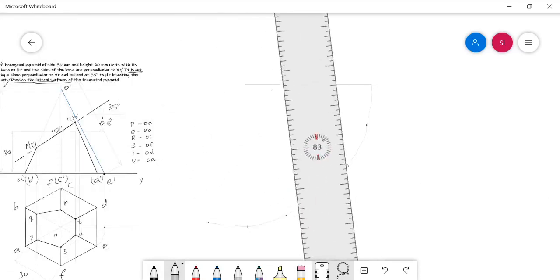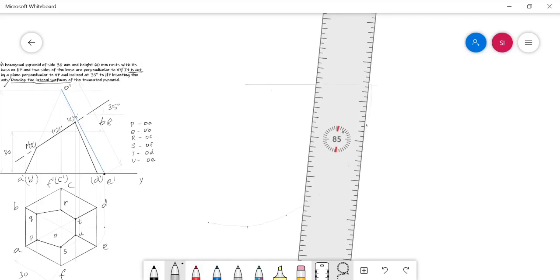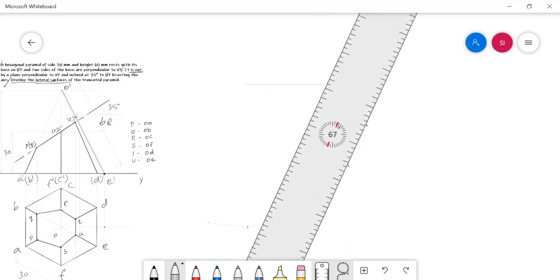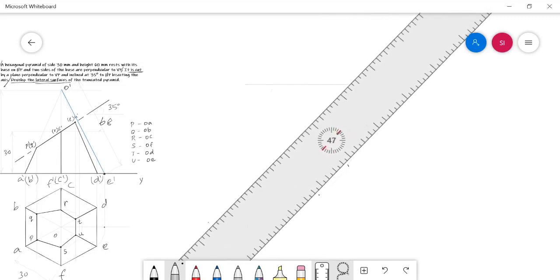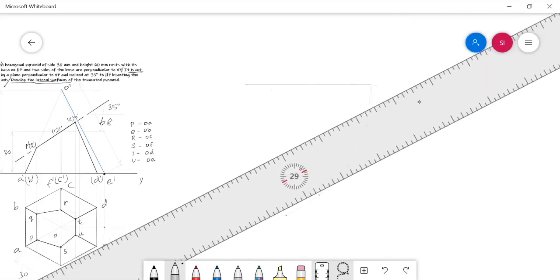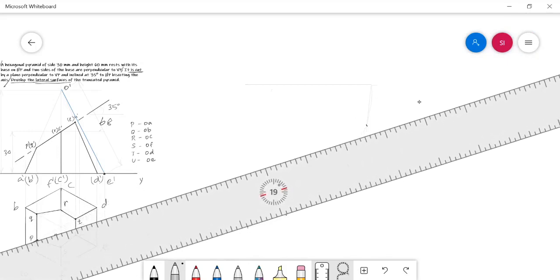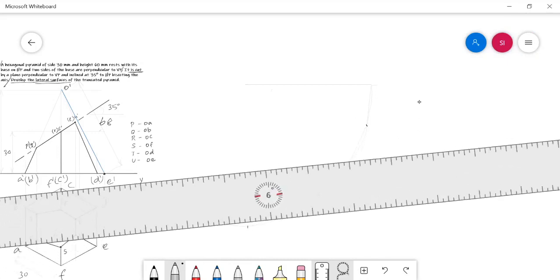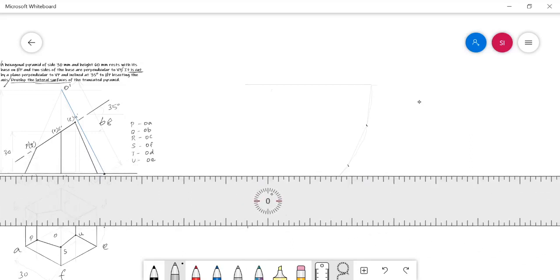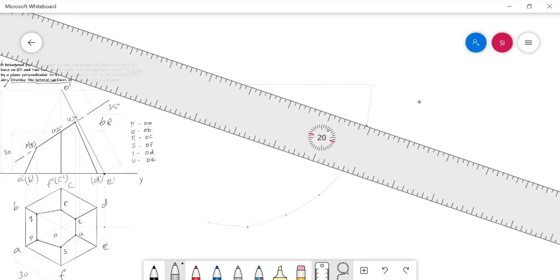After that, connect these points with straight lines. And then the slant edges also should be drawn.